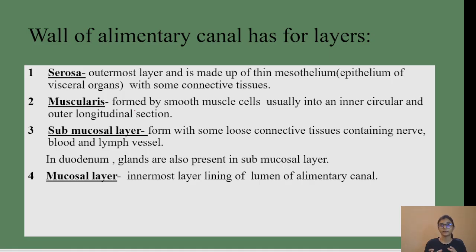So basically the alimentary canal has four different layers of wall, and what are they doing? The serosa is what? The outermost layer, made up of mesothelium with some connective tissues. Then the muscularis is what? The smooth muscles. They have inner circular and outer longitudinal sections. If you see this structure here,